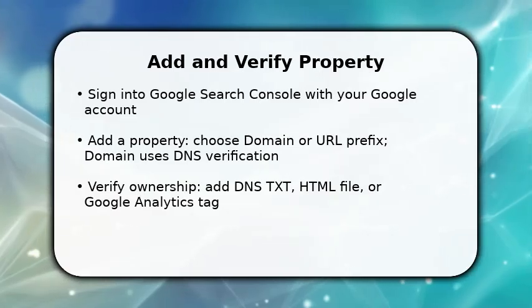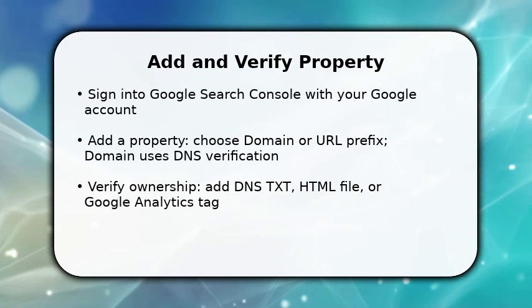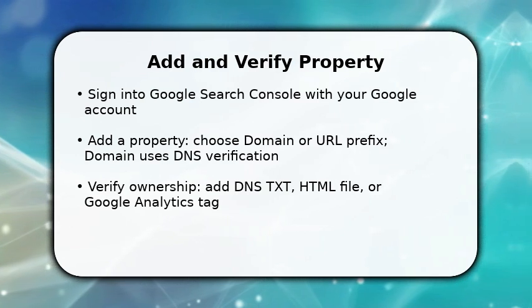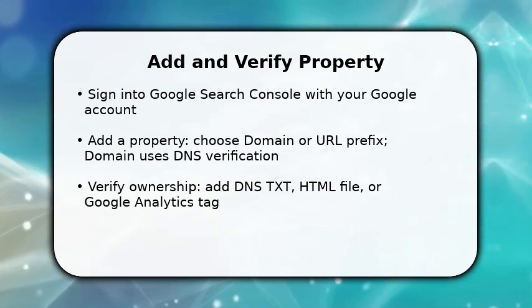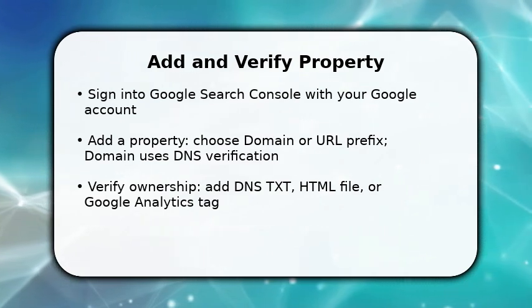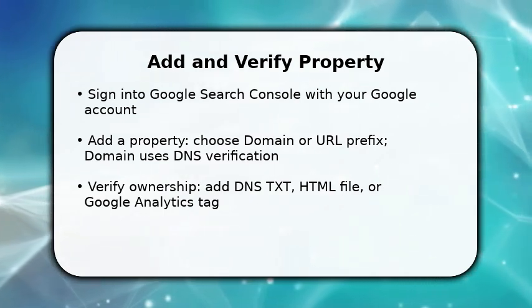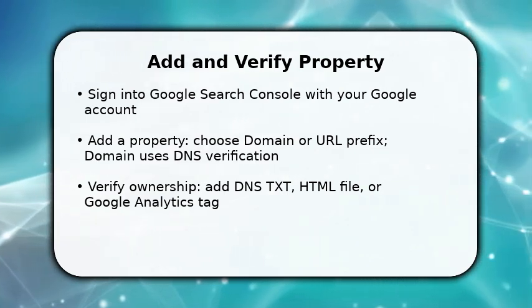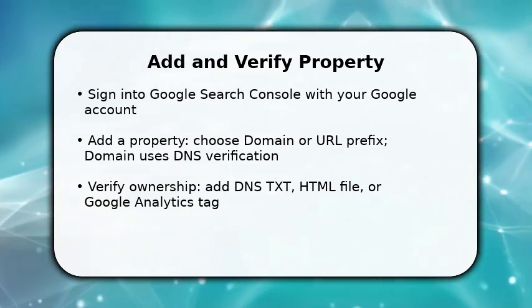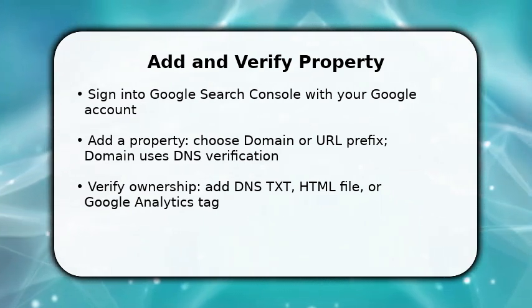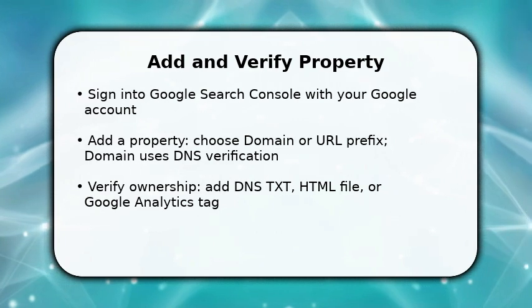You start by adding your site as a property in Google Search Console so Google can report on indexing and issues. Sign in, click Add Property, and pick domain for full coverage or URL prefix for a single protocol. You then verify ownership. DNS-TXT is best for domains because it covers all subdomains. Once done, make sure verification succeeded in the property settings, because without verification, you can't submit sitemaps or see most